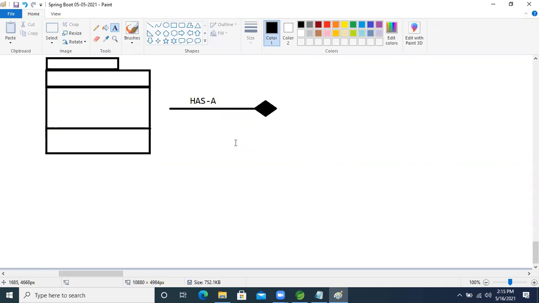If the relation between two classes is inheritance, using extends or implements, then I will use this symbol, guys.